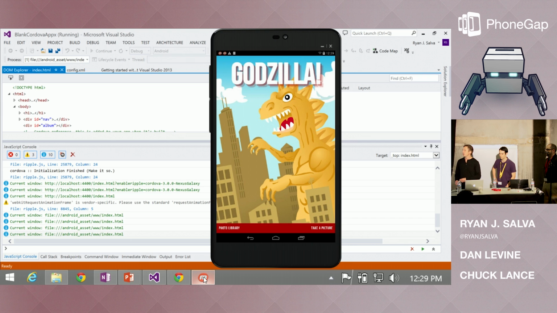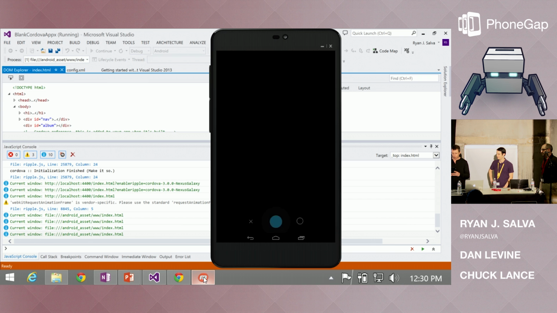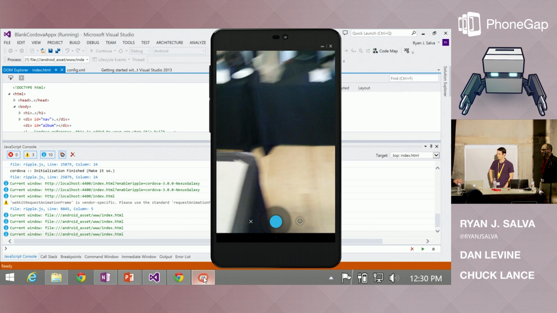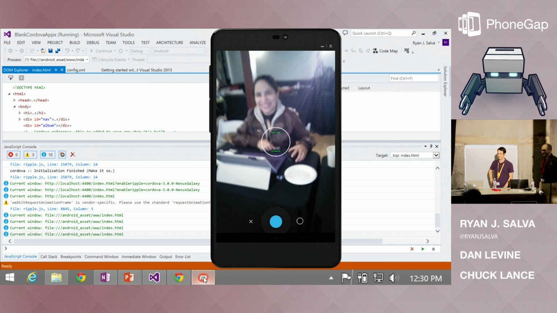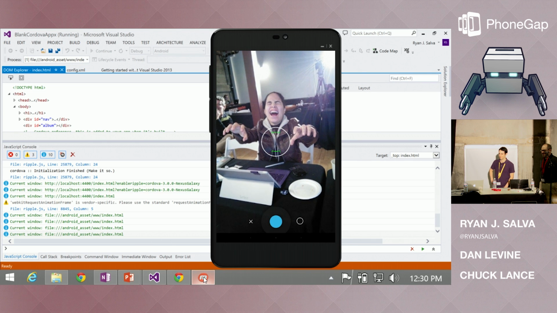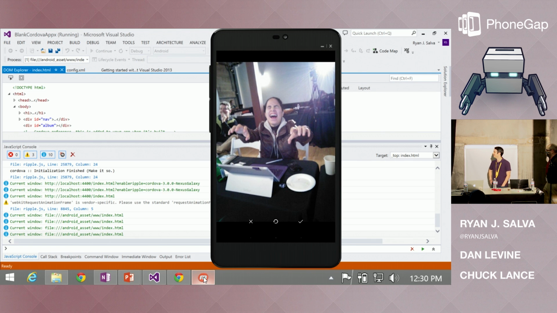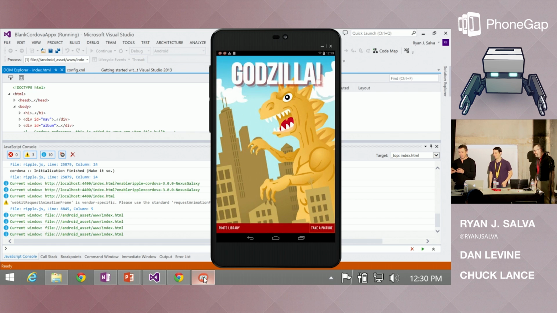All right, cool. Everyone, welcome to the new awesome social app of the conference. This is Godzilla. It is a Godzilla family photo album. I will be taking all of your pictures later on. The basic idea is that you pretend to be Godzilla, and that's it. All right, so here we go. You're the lucky person in front. Give me your best Godzilla. Rawr. Perfect. That was pretty good. And now you're in Godzilla's family photo album, right?